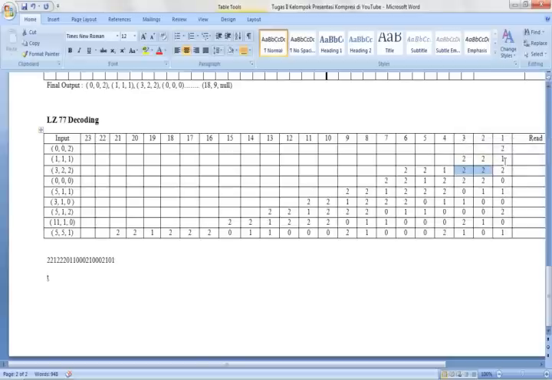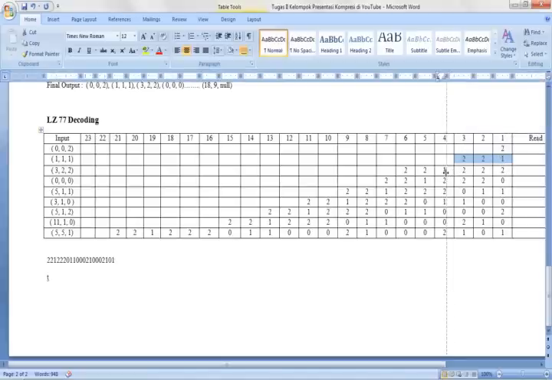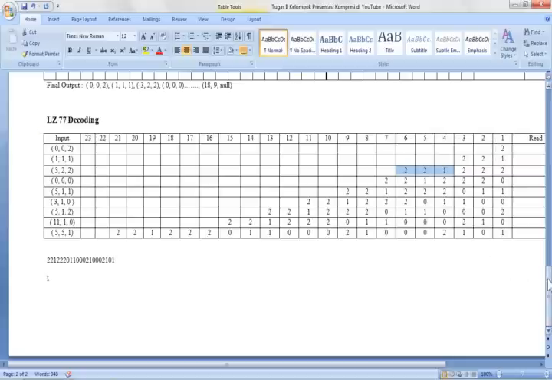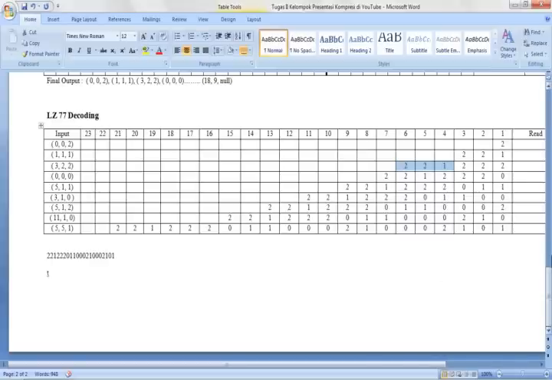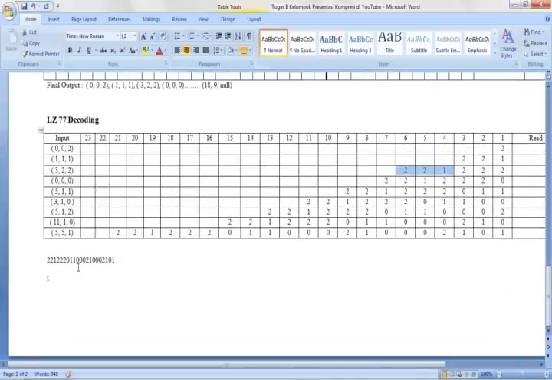After that we copy the value from the table above into this column, and we do it until the last input. You see here it's only a part of it, but it represents the encoding and decoding.